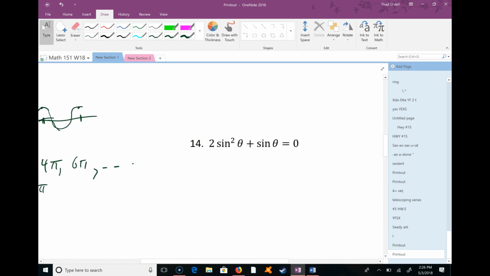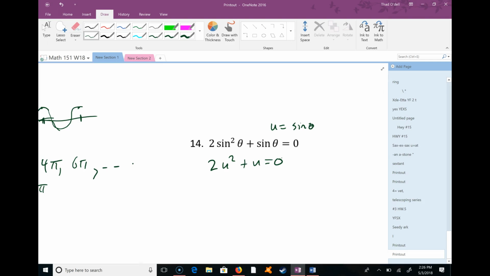Go over to this one. This is tricky because there's sine squared and sine. So there's a nice little technique called U substitution where you can say, just for a moment, this is too complicated for me, so I'm going to define U to be sine theta, and then rewrite this. That would be 2u squared plus u is equal to 0. And you can see what that does. It turns into a nice